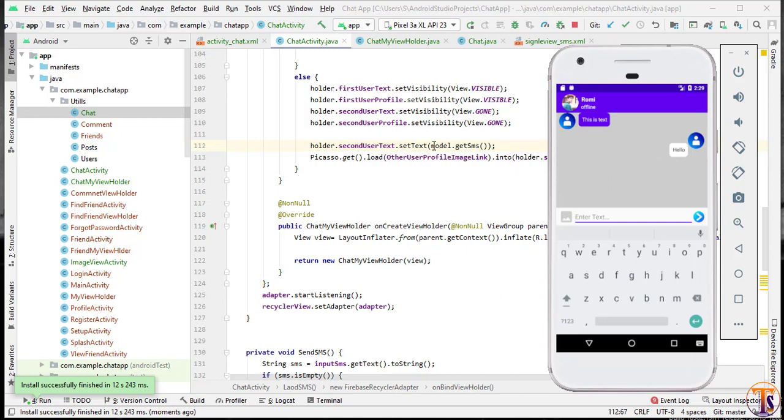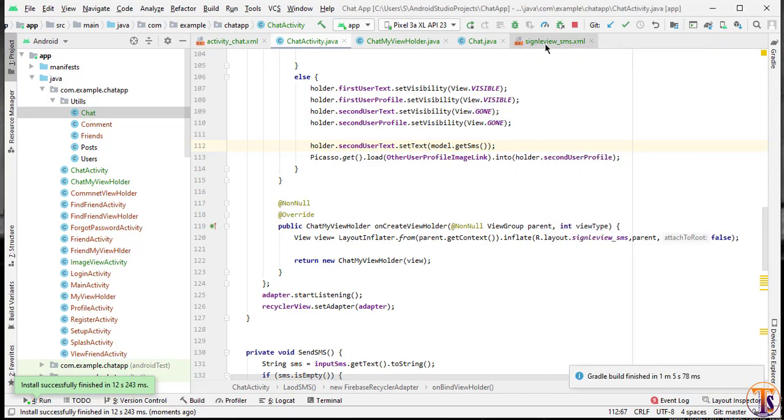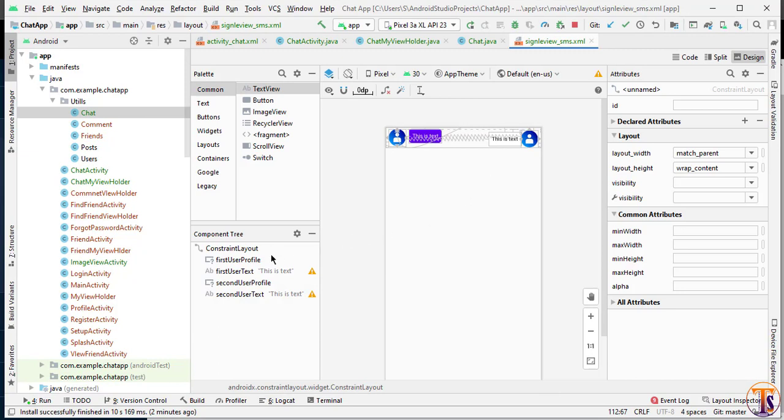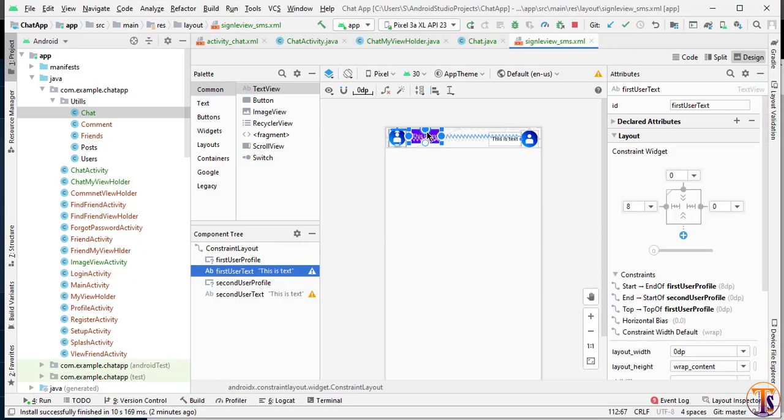So go to our layout. Here we have to select this first text view and add the constraint on top, and also select the constraint at the bottom to this image view.